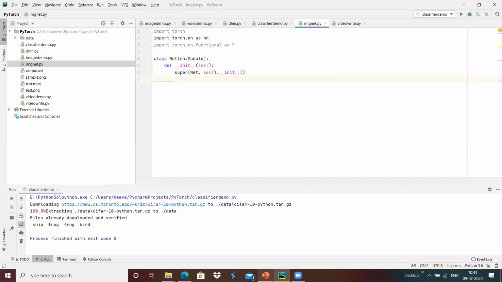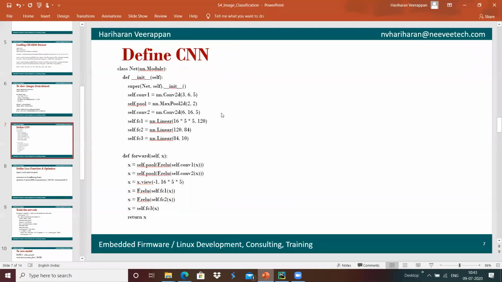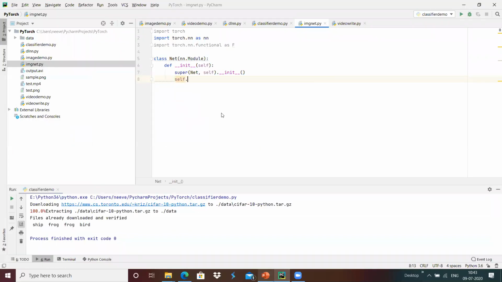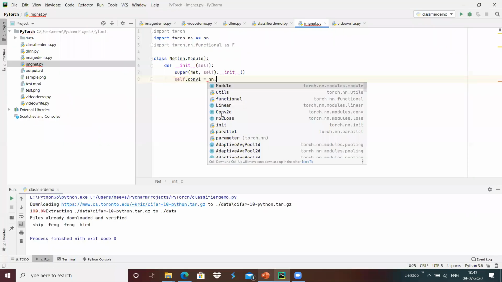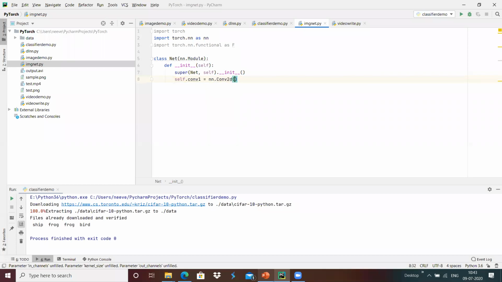Once that is done, we can create the 2 convolutions and 3 linear transformations. I'm going to do self.conv1 equals nn.Conv2d, a 2-dimensional convolution, with the options 3, 6, 5.